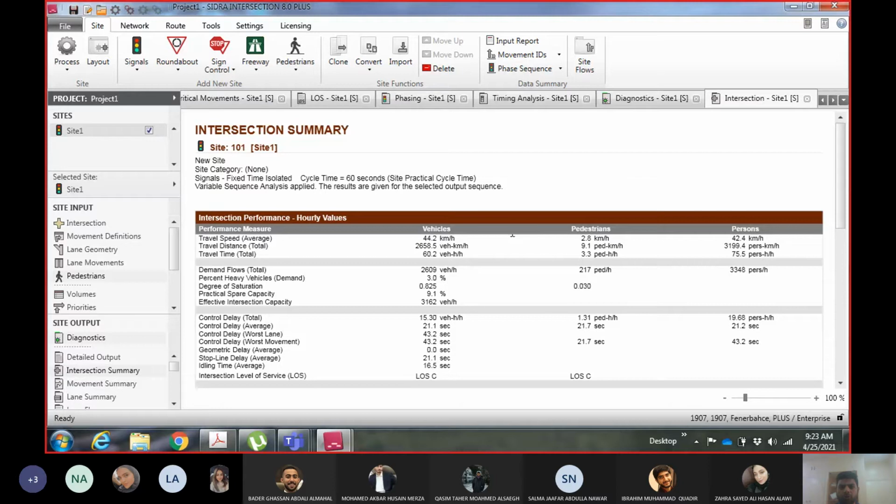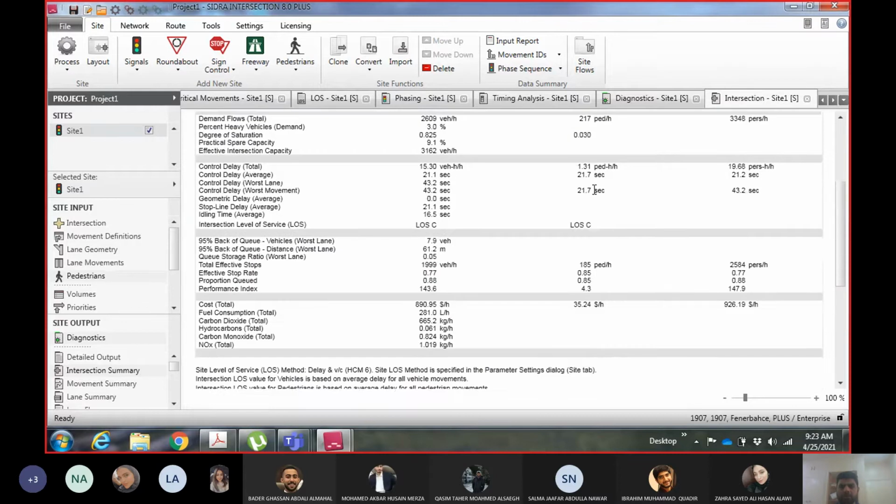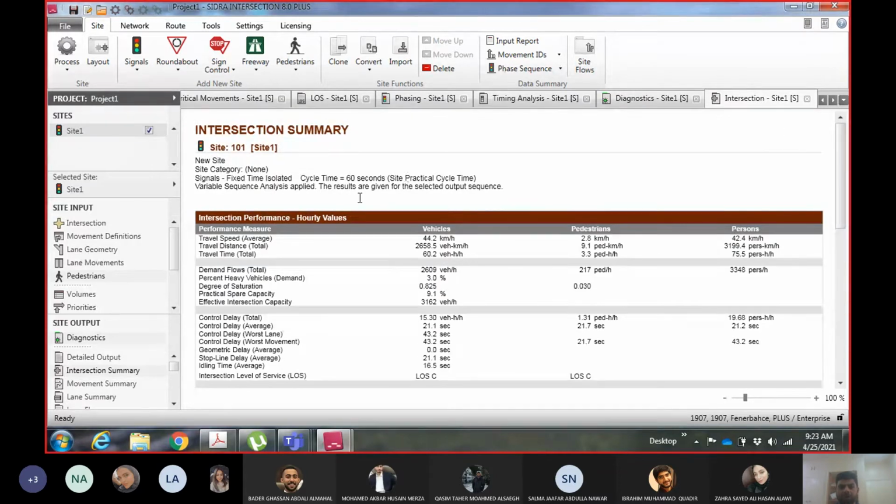If I go for the print option, it will give me the intersection summary. So whatever the software is showing you on the right hand side of the window will go to the print option.